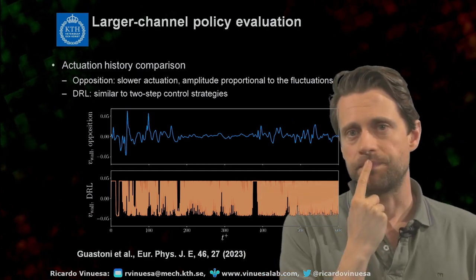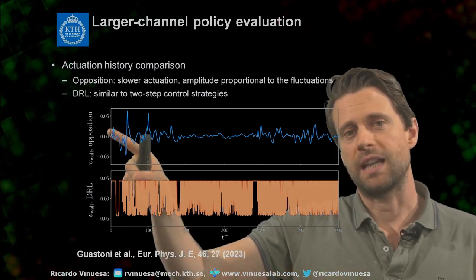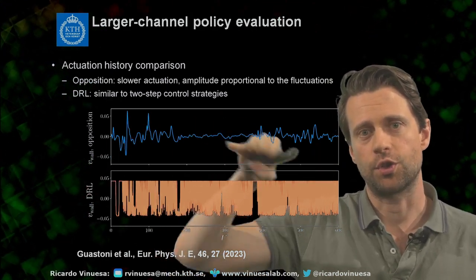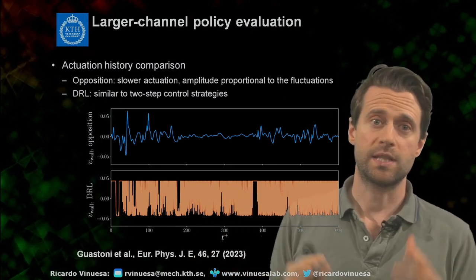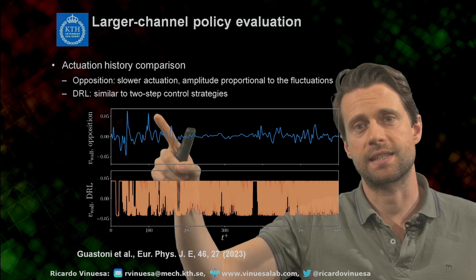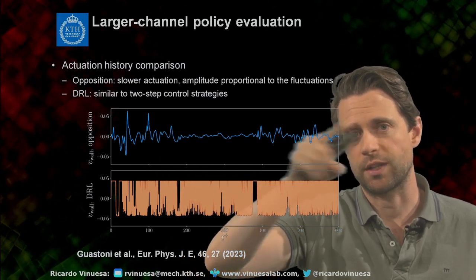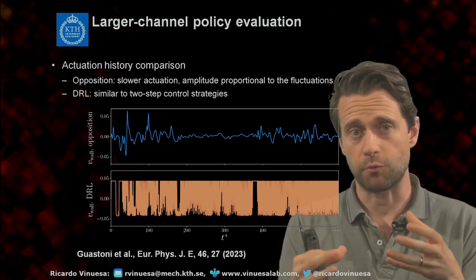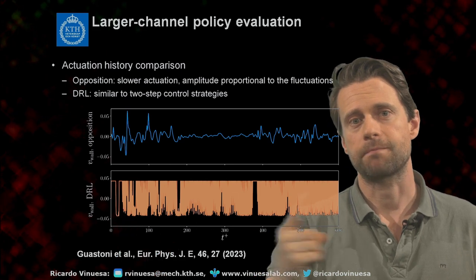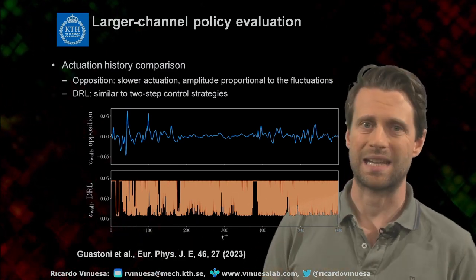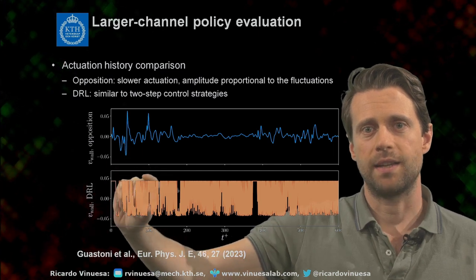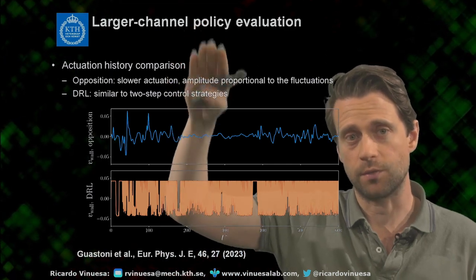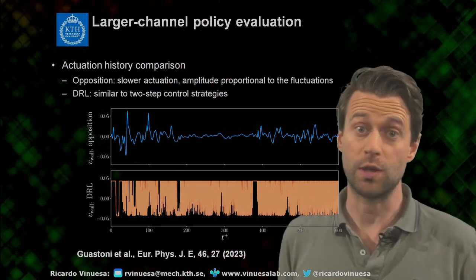And if we analyze the actuation, so here I'm plotting the velocity at the wall as a function of time. So the horizontal axis will be time. At the top, I'm showing you the opposition control, and at the bottom, the reinforcement learning. What is interesting is that the opposition control is eventually leading to lower and lower actuation, because as the control goes by, the velocity fluctuations get smaller when the flow gets controlled. And the DRL is giving us some sort of two-step control, like a bang-bang control. We are saturating the maximum allowed actuation, which is plus minus u tau. We're going from very strong positive to very strong negative velocity actuations on the flow.